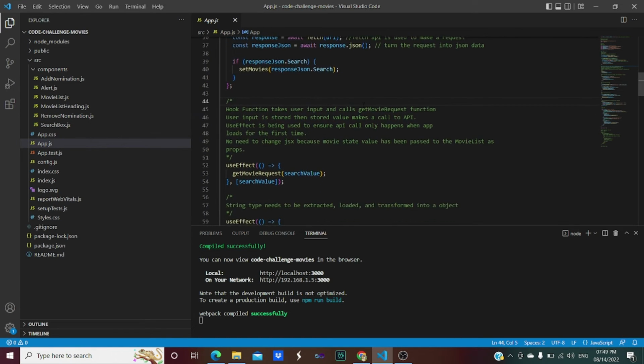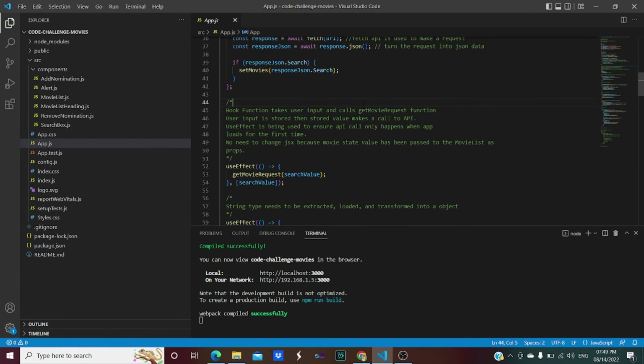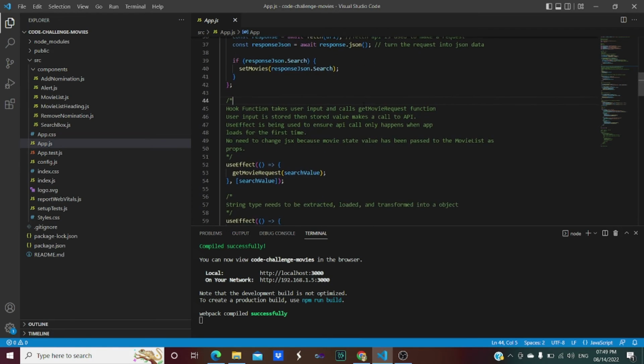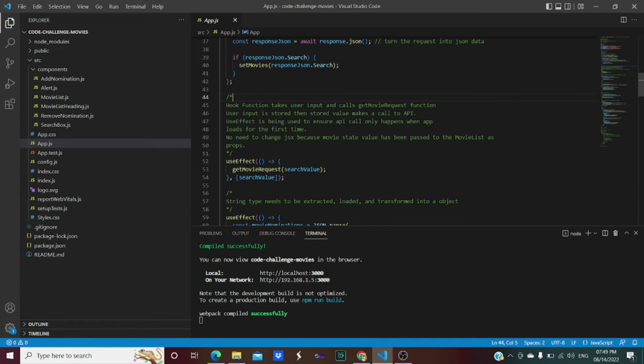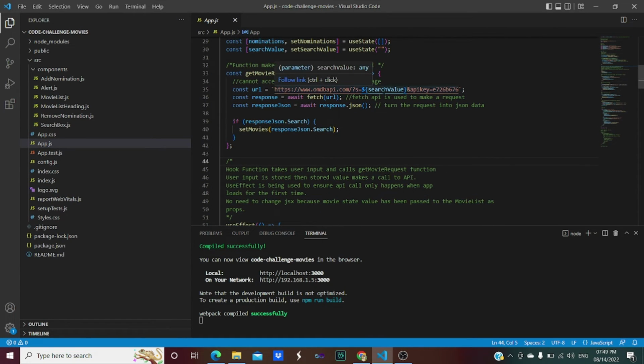And after that there is a hook function which will take user input and call this get movie request function. Obviously the user input is to be stored, and that stored value is used to make a call with this API.